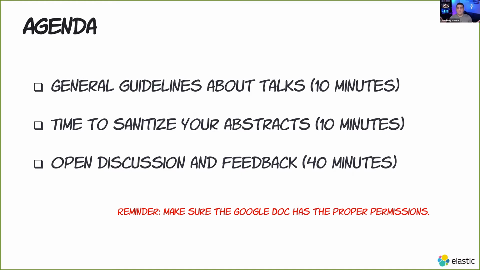I broke it down into three main areas. The first area is where we're going to share some general guidelines about how to build an approvable, or mostly approvable, abstract. That's going to increase your chances of being approved for the conference. And those guidelines are going to be interesting because they're not necessarily focused only on the Elastic Community Conference. So if you're willing to apply this talk or other talks to other conferences, I think that's going to be useful as well.